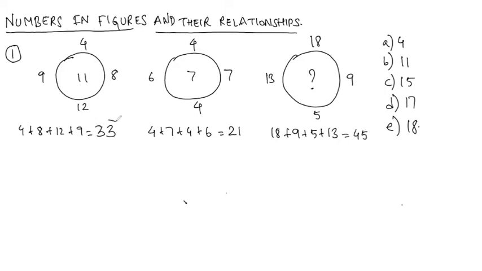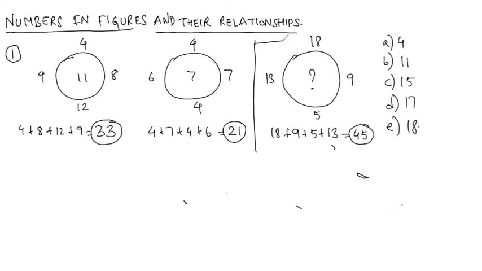So now try to find the relation. For this circle the sum is 33, for this circle the sum is 21, and this circle's sum is 45. Now try to find out if there is any relation between this number and the number inside the circle. Just look at the numbers. Now don't look at this circle, because in this circle there is a question mark. From which circles should you find the relation? From the first two, because in these two circles all the numbers are filled. You should try to get the relation from these two circles only.